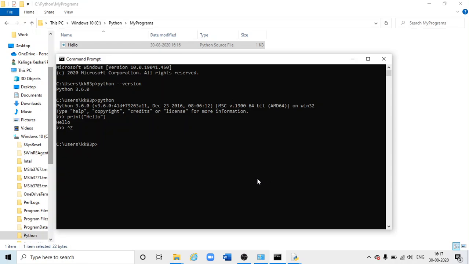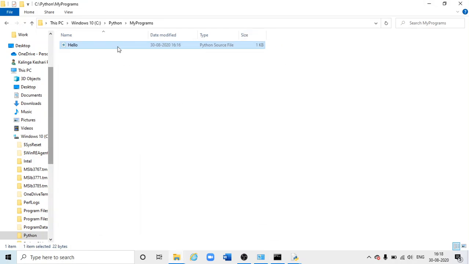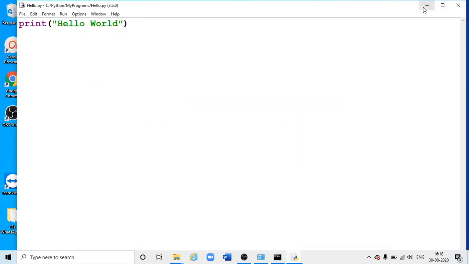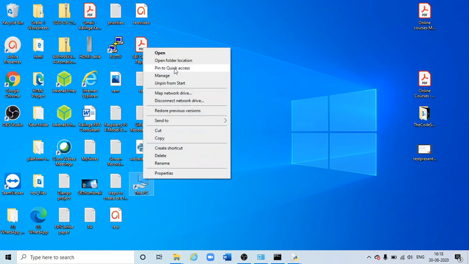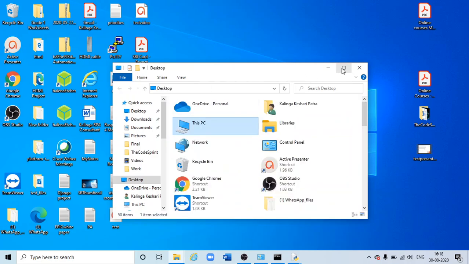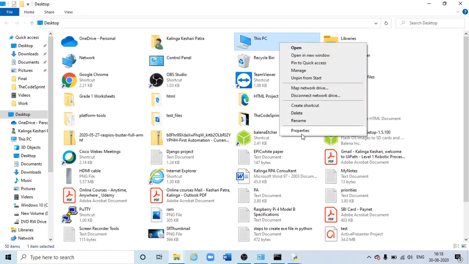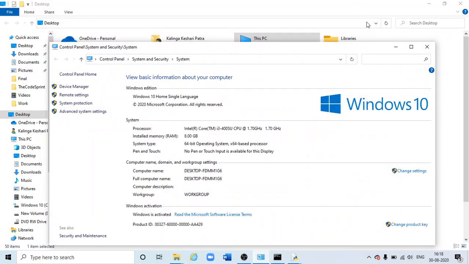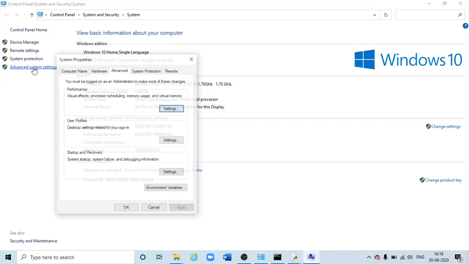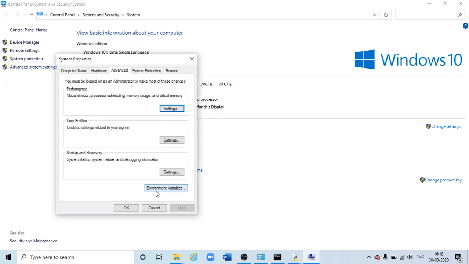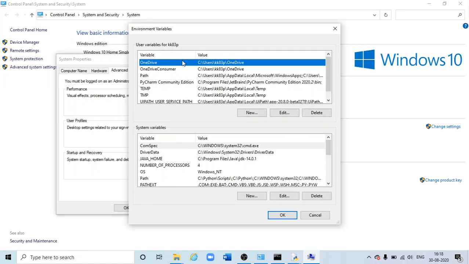And before closing the session, I can tell you that if I go here, advanced system settings, I'll see environment variables.